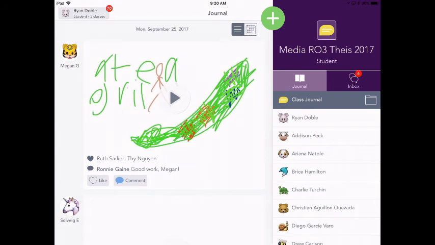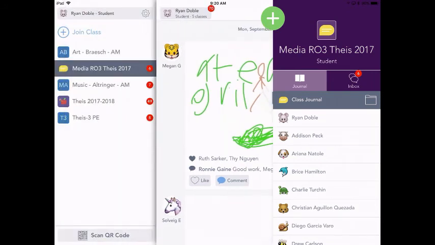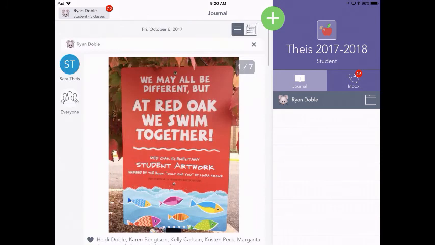Or when they go back to the homeroom, just choose their name, make sure they set it back to their homeroom. That way they don't need to sign in and out again and again. They would just do it one time, and then when they